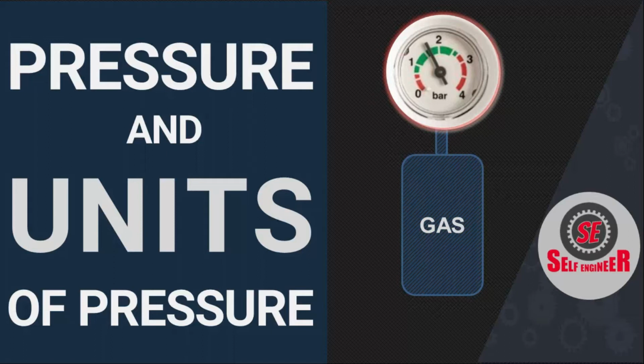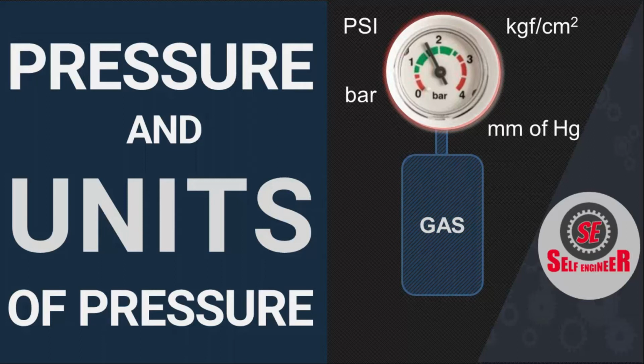While dealing with pressure, units of pressure and conversion of one unit to another, we always find it very confusing. There are units like bar, PSI, kgf per centimeter square. To add more confusion, there is unit mm of Hg. All these units are used in practice, and while measurement, we find it very confusing. So, in this video, we are going to discuss measurement of pressure, its units, and their conversions.